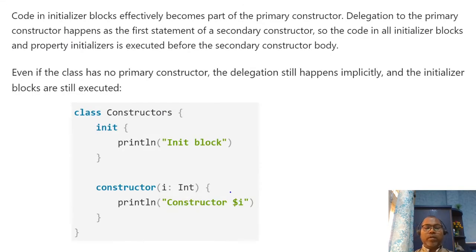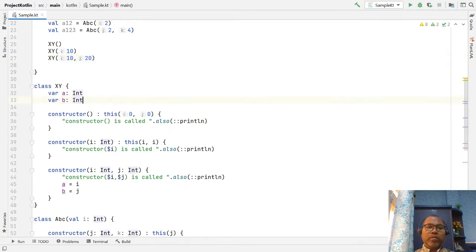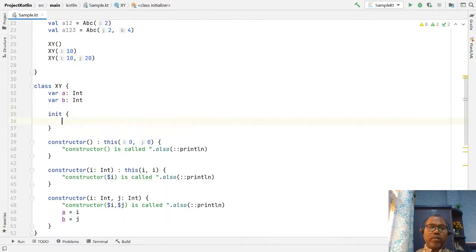We also have the option to declare an init block, an initialization block, as well as the constructor. In each constructor you can write your init block for any initialization you want. Here you can write your init block and print the value.